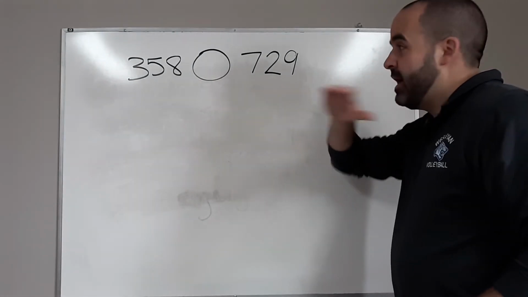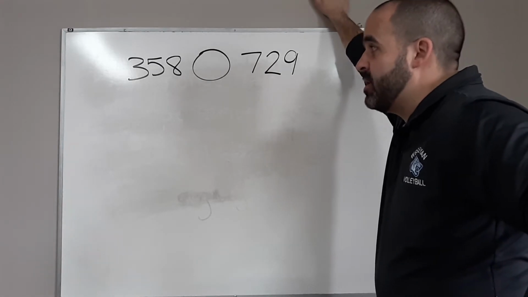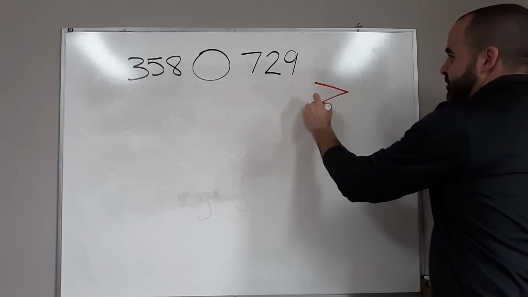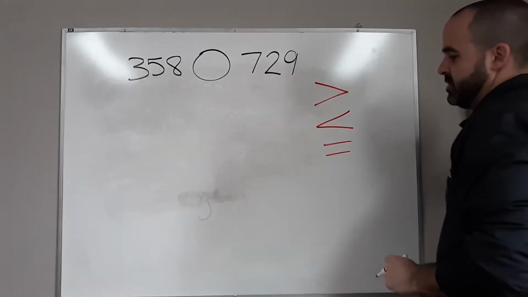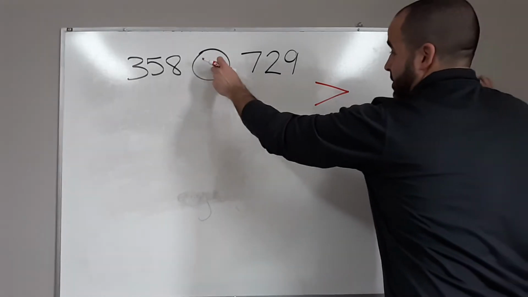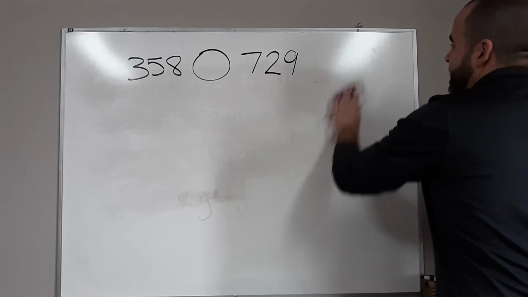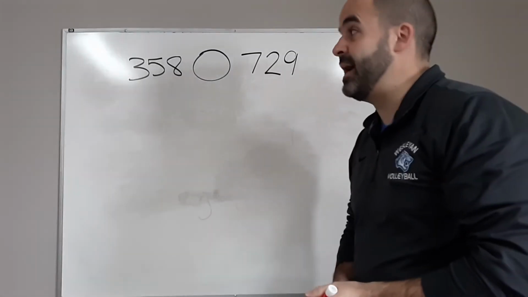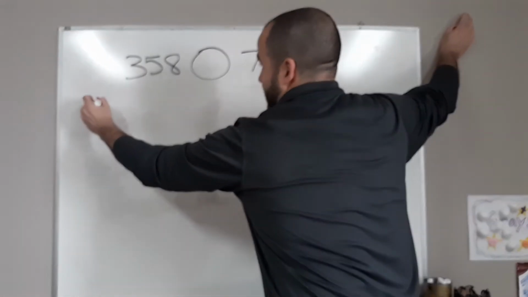Okay, so today what we're going to do is we're going to look at comparing numbers. Now remember, when we compare numbers, the three symbols that we can use are the greater than, the less than, and the equal to. Those are the three signs that we can use that we're going to put in here. Now today, I'm going to show you a couple of ways that we can determine which number is greater, okay? The first thing that you could do is you could do what we've been doing, and that is this. You could make